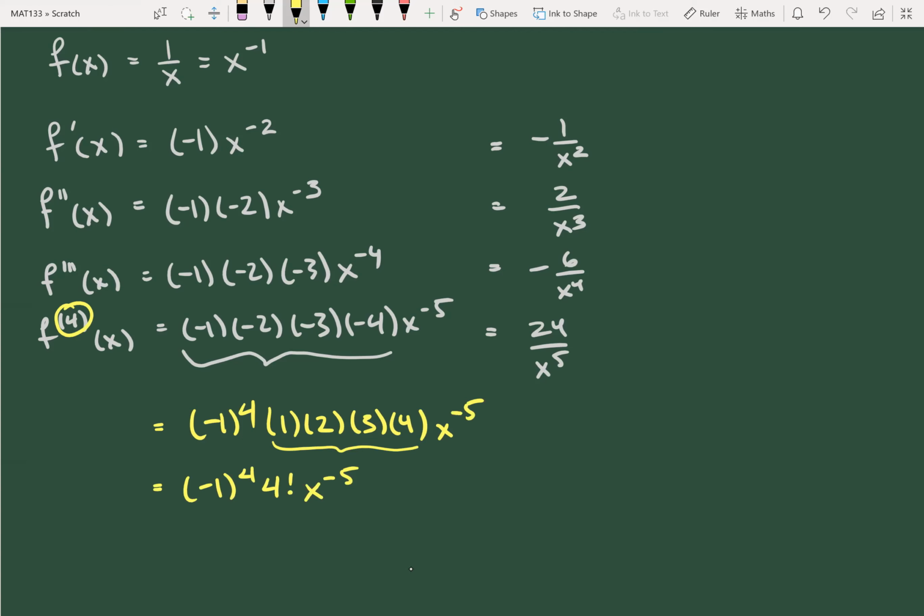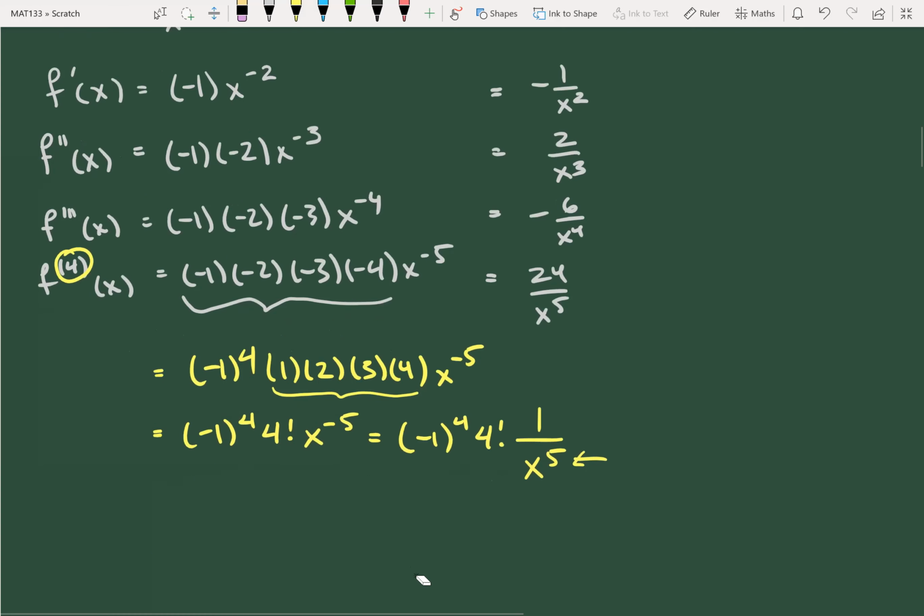Okay, and now when I took 4 derivatives, well, I didn't get a 4 in the exponent here, right? That's not a 4, that's a negative 5. So that seems like it's going to be 1 less than the number of derivatives I take. Or if I write this as negative 1 to the 4 factorial divided by 1 over x to the 5, it seems like the exponent is 1 higher than the number of derivatives that I took, right? So my hypothesis, the thing that I suspect should be true,